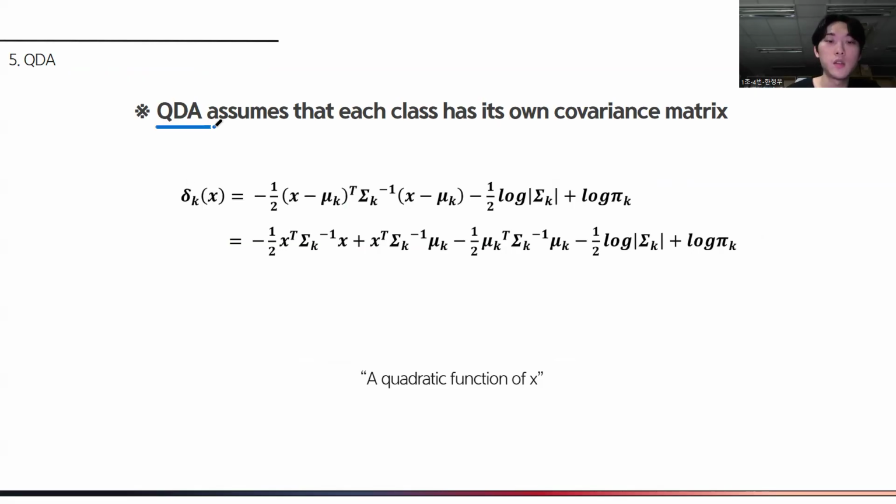Unlike LDA, QDA assumes that each class has its own covariance matrix. Under this assumption, the Bayes classifier assigns an observation to the class for which delta k of x is largest. This is the discriminant function equation. QDA substitutes the estimates for sigma k, mu k, and pi k into this discriminant function and likewise classifies the observation to the class with the largest value. Since the discriminant function is quadratic in x,